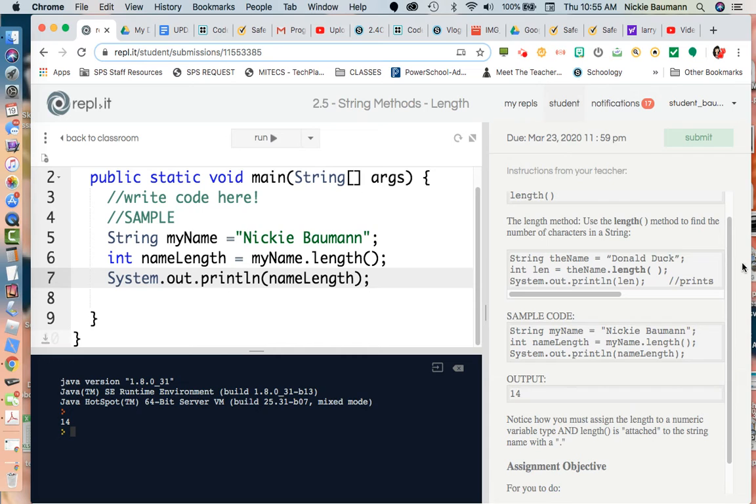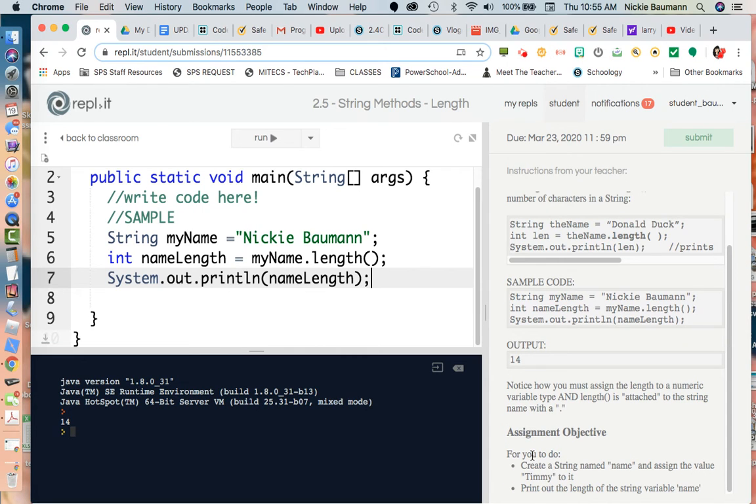Hopefully you can do the assignment. In this assignment, they want you to create a string called name and assign the value Timmy. So here they want you to declare a variable. You're going to declare your variable string, and it's going to be called name. Then in quotation marks, it's going to be Timmy. Then you're going to do something very similar. You're going to declare an int variable. You can name it whatever you want, and you are going to find the length